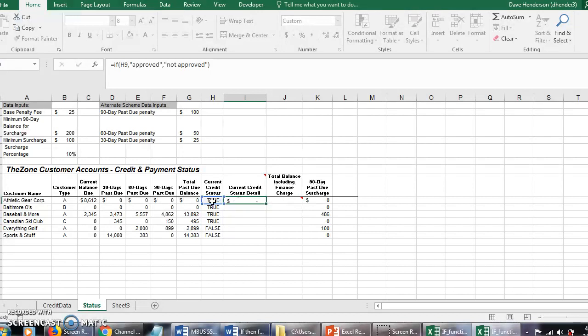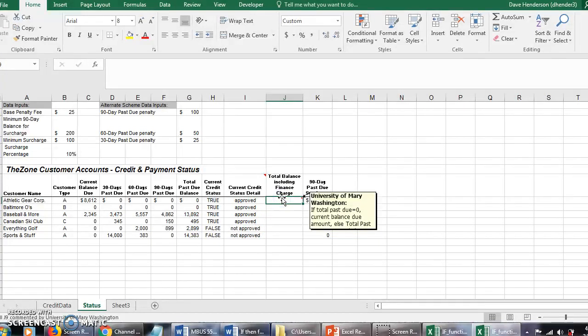And so it has to be in parentheses. And so I can do the exact same thing right over here like that. Okay? Let's look at something slightly more difficult where it says, if the total past due, right over here, what